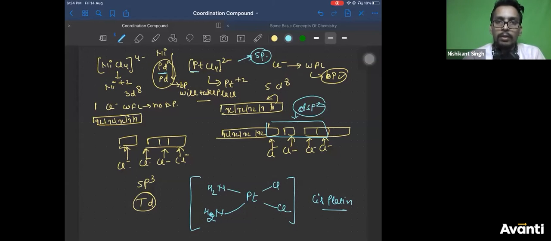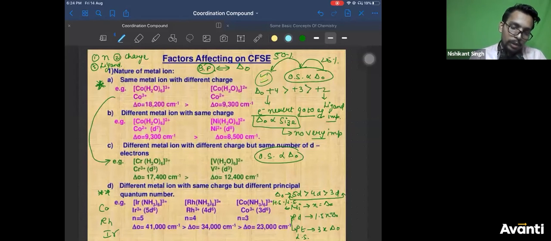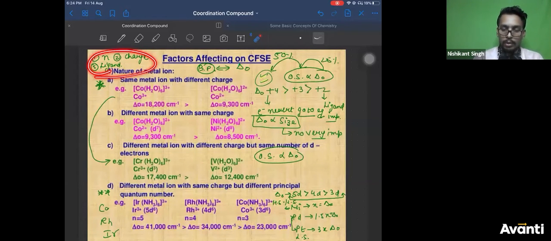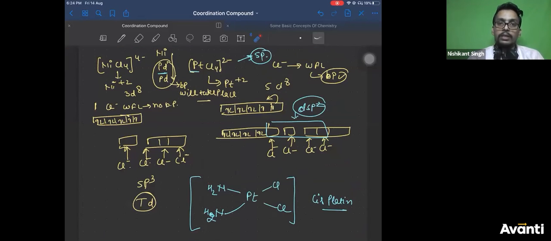Right? This factor should be considered first. I already clearly told you the ligand here. The first factor is n. The second is charge. Last you will apply the ligand effect. This is the order of priority I have given you. Right. This was there in the first chapter.